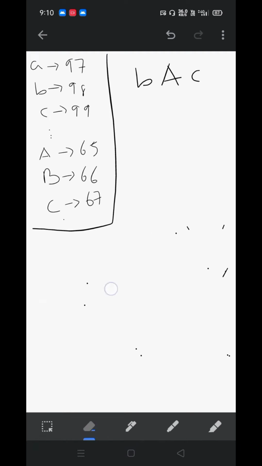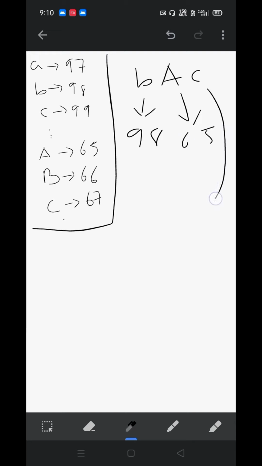So let me erase all this. What is the ASCII code for b? It's 98. ASCII code for capital A is 65.